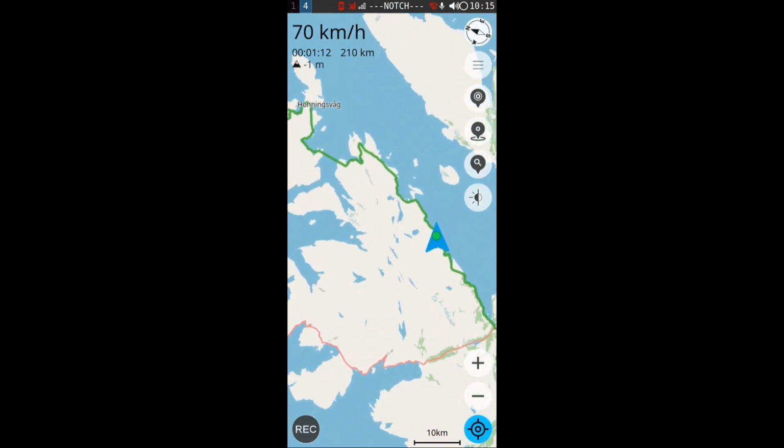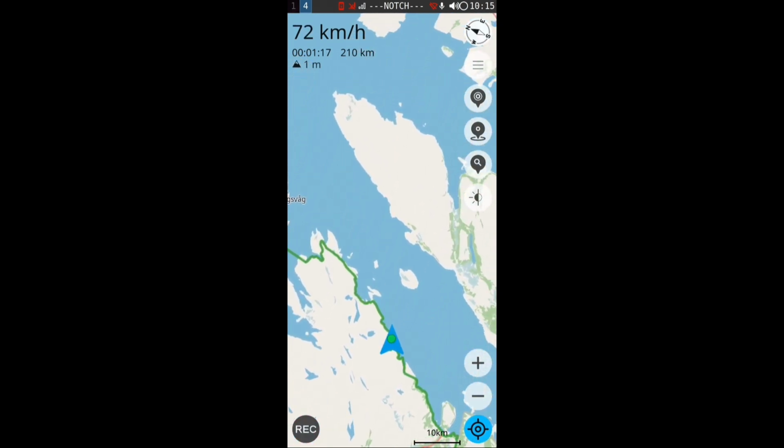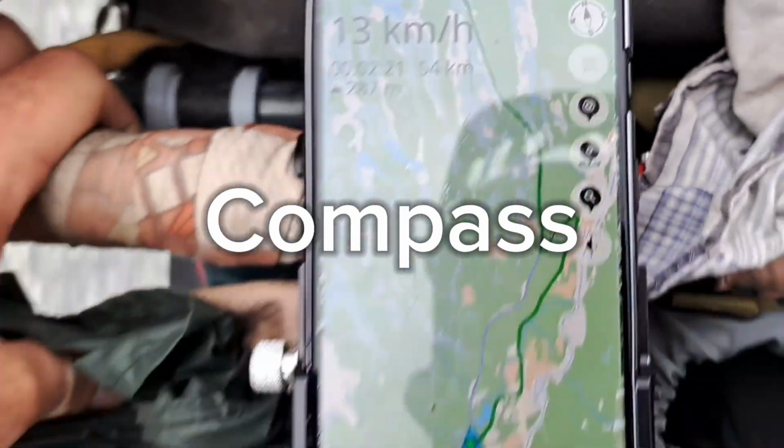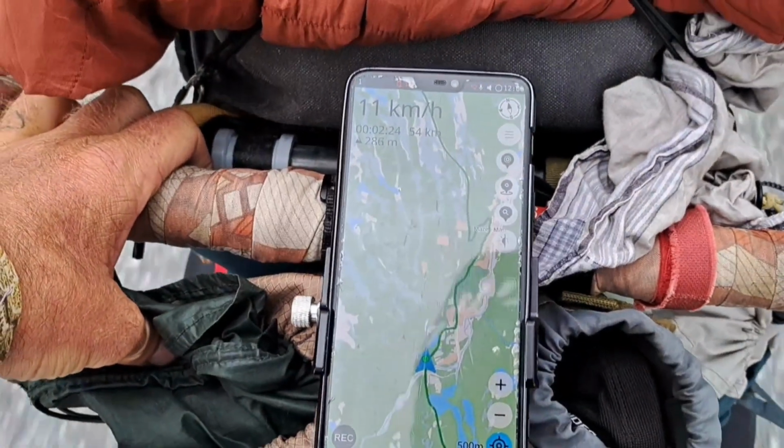I really like this application. For cycling, it's one of the best available apps. The compass works only when you are moving, otherwise it's